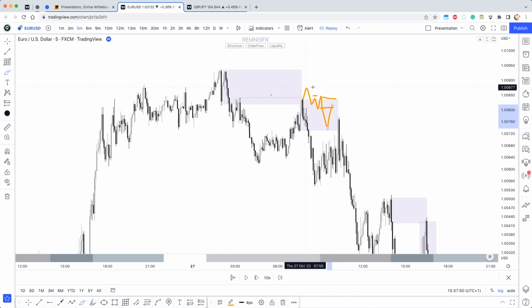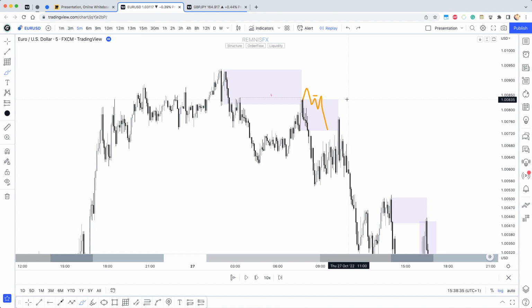Most of the time I use this approach for my second entry, the first one being aggressive here, right, after the inducement is taken out here, and then the second one after it broke structure point here, it came back and retested this order flow area, right? I entered here for a second position, a more conservative entry. Yeah, but that's just how I do things. I'm willing to take a risk if this one does not work, and should the price go like that, you know, then I catch my entry later on with my